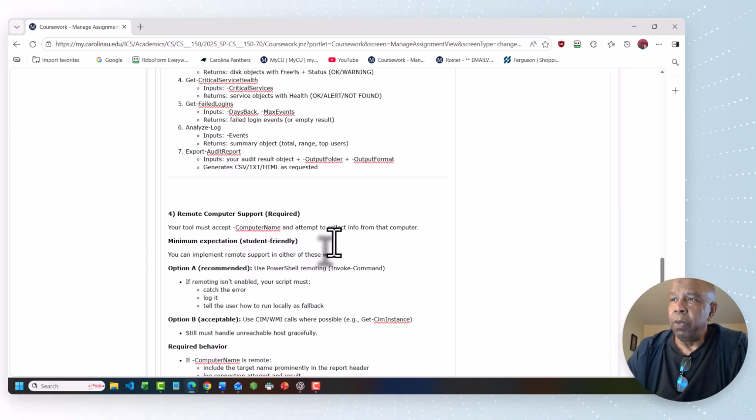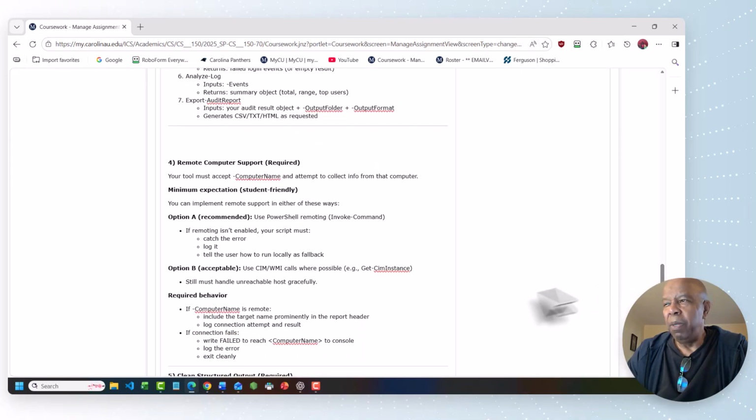Number 4, remote computer support required. Your tool must accept the computer name and attempt to collect info from that computer. Minimum expectation: you can implement remote support either way. Here is recommended. It's basically using PowerShell remoting, the Invoke-Command. If remote isn't enabled, then you must catch the error, log it, and tell the user how to run it locally as a fallback. Option B, which we